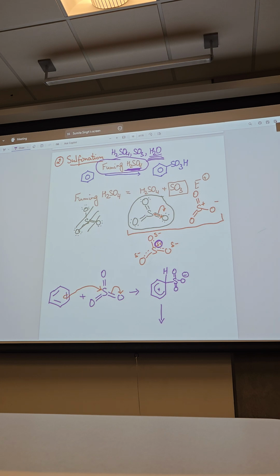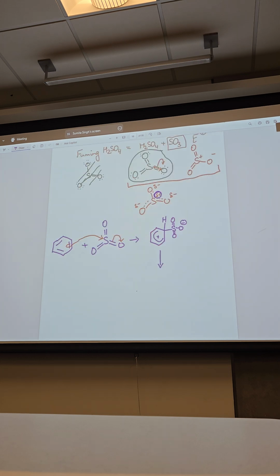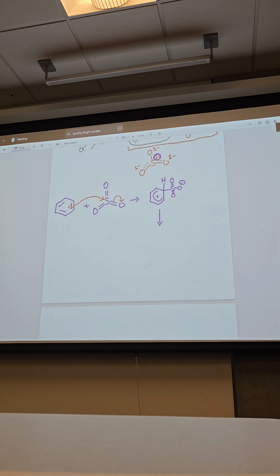Don't go that far, not necessary. The point is there's water in this system. Can water act as a base if there is a strong acid? Yes, heck yes. Is that a strong acid? Absolutely, because the product is so stable, it definitely wants to lose that